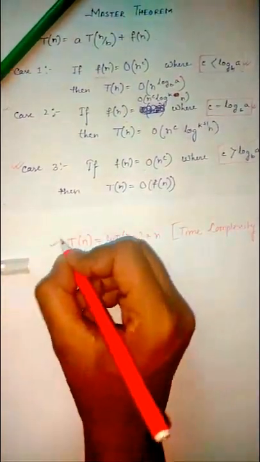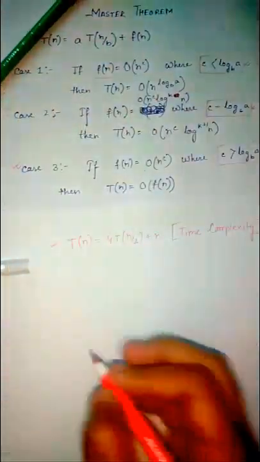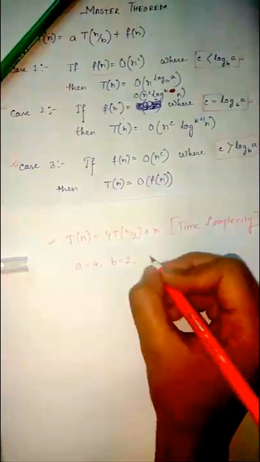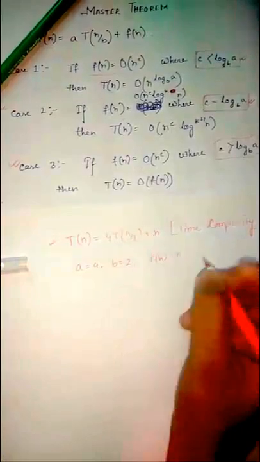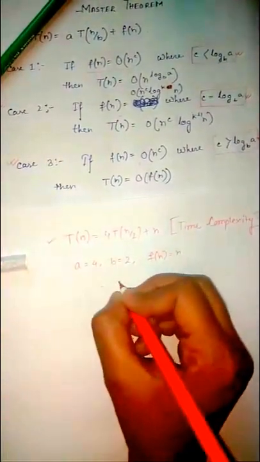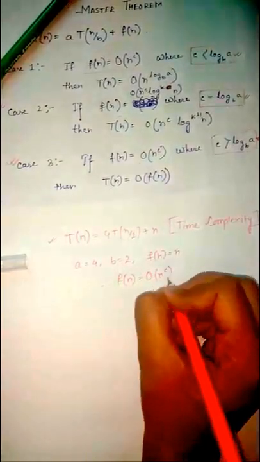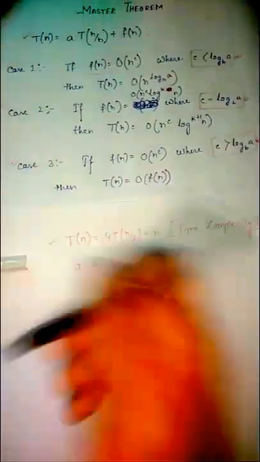So comparing this with the standard form, a will be 4, b will be 2, and f of n is equal to n. So f of n is O of n to the power c, and comparing this, we get